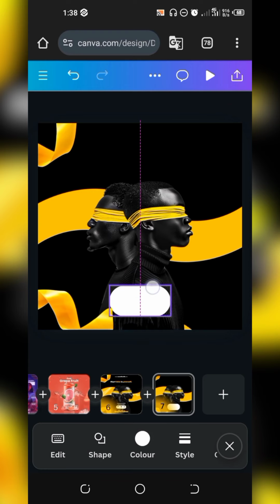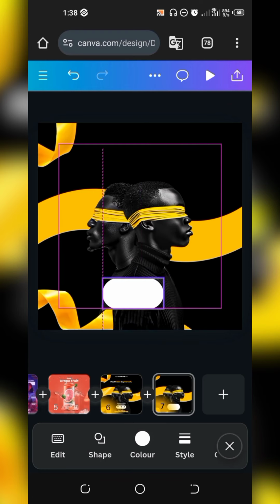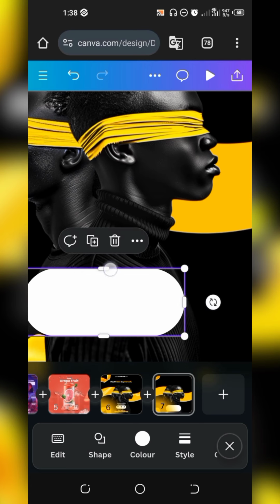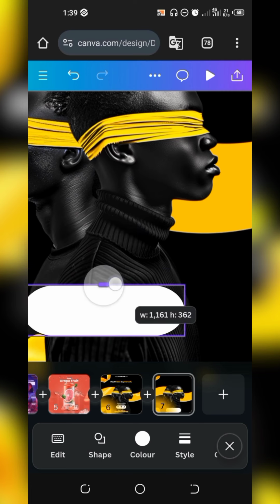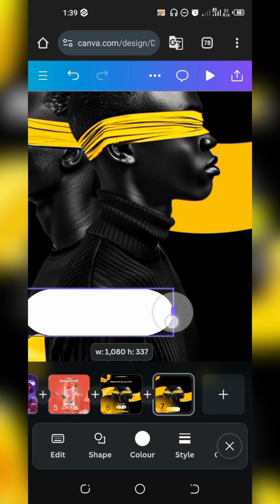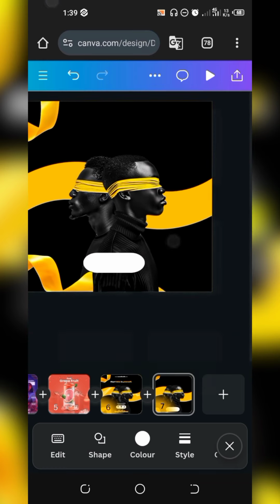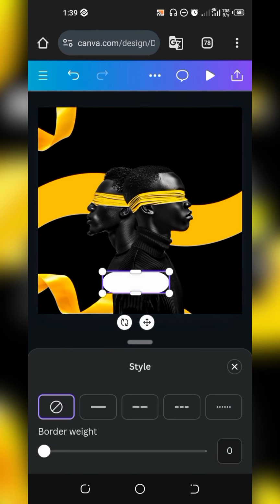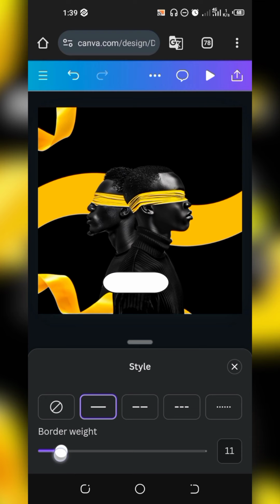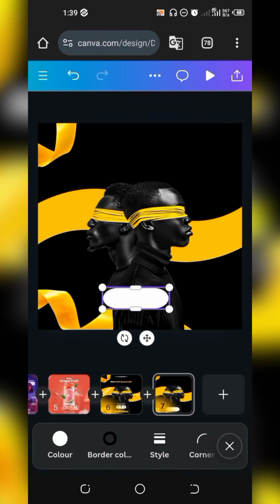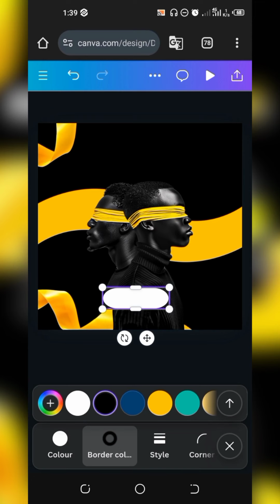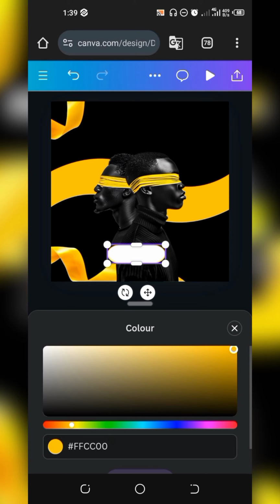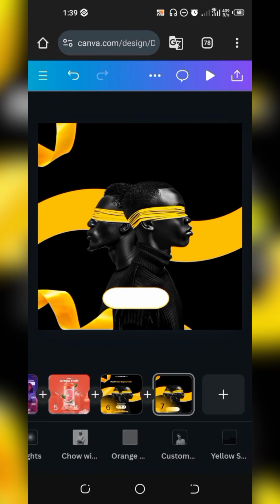Change it to white, keep it here at the center, zoom in a bit, expand the sides to an extent, then drag it, not so much, just drag it like this, then bring the sides in. We'll check with our other one so that we'll know how big it is. But one thing you want to notice from the style, the border width, it has a border width of 10. Yes, and you change the border color to the same color we have on the background, which is this. So if you missed the color before, this is the color FFCC00. Exactly. So that's it.